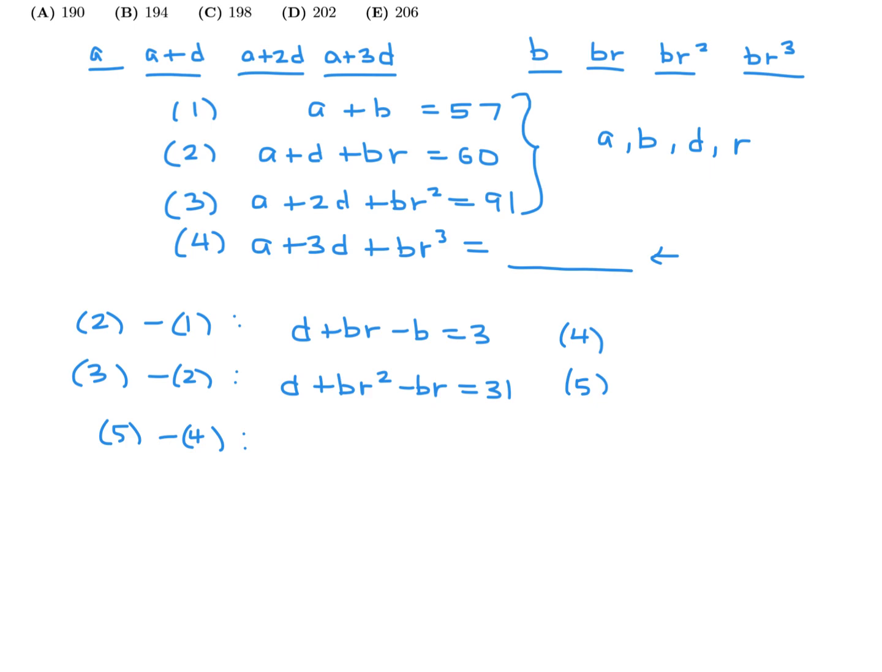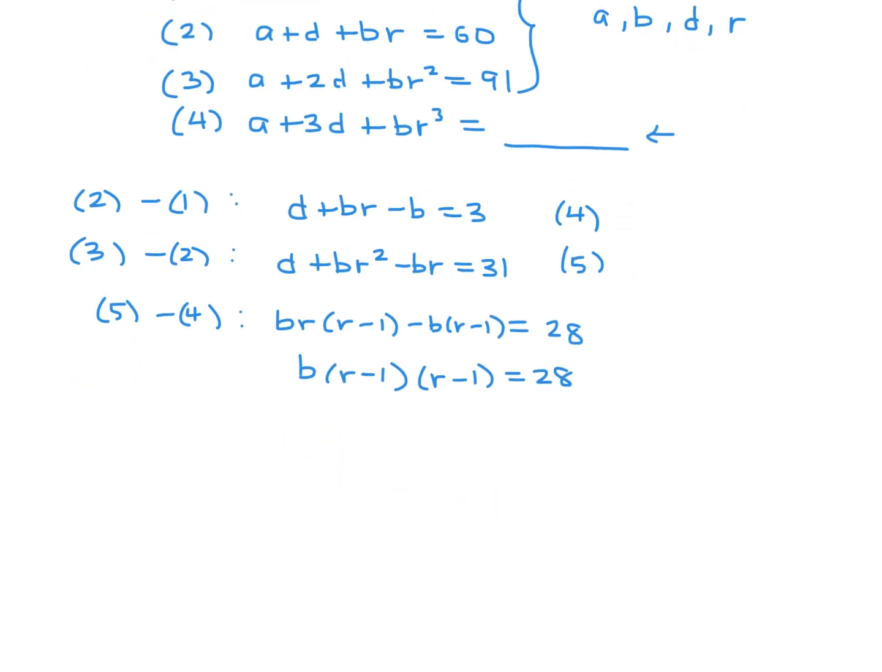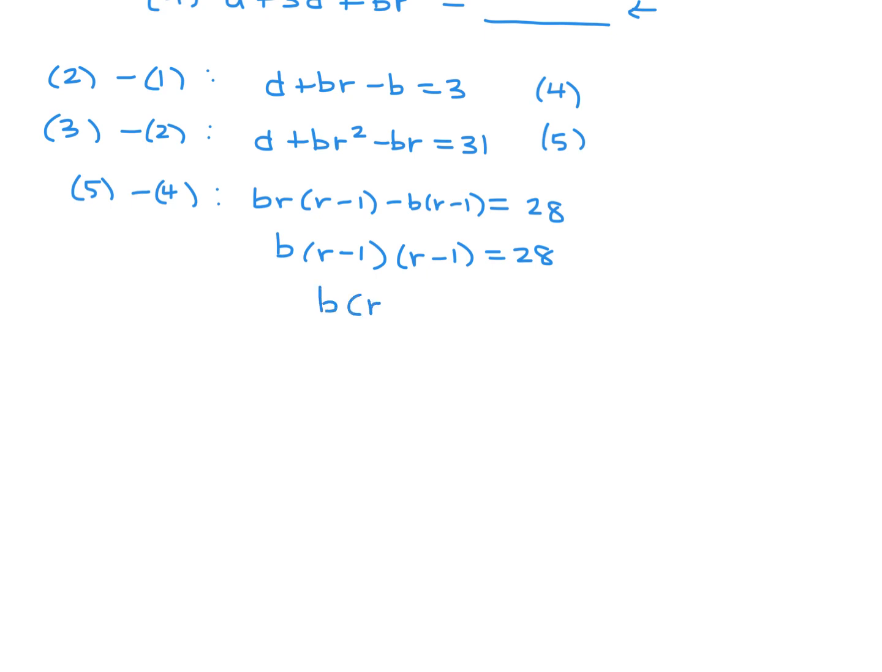That's going to give me, over on this side, 28. But on this side, it'll give me BR(R minus 1) minus B(R minus 1), because the D's cancel. And then this will basically be B(R minus 1) times (R minus 1). Okay, that's good. And therefore, we've got a situation where we've got B times (R minus 1) squared